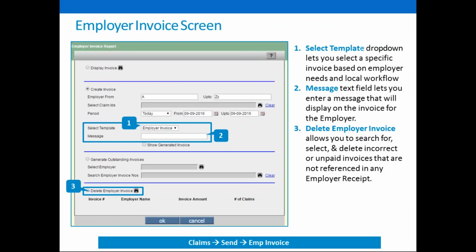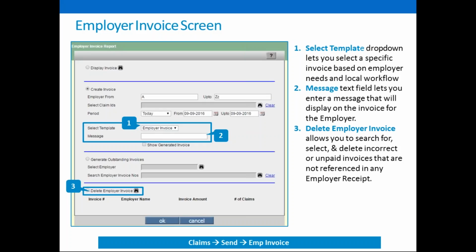When you mark the claim ready to send, then instead of getting a CMS 1500 or an EDI claim through the clearinghouse, you're going to go under the Send Employer Invoice screen. This is where you're going to select the template, and it will default to the one you've predefined in the Employer Master, but you could change it at this level if you so desire. You can add a dunning message if you want, so that before you print it or email it, that message would be included. Now those top 2, or those top 3 sections there are what already exists